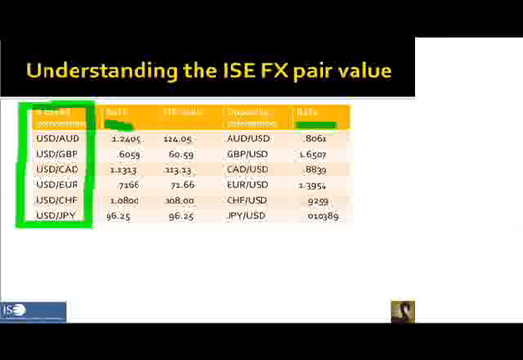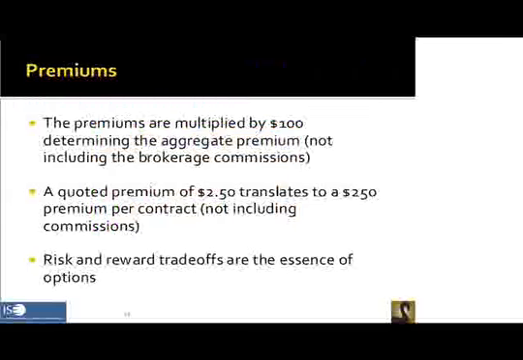124 is just about 80 cents Australian, so you could do that. British pound, 60.59 is 1.65. Very simple to understand one versus another. And of course, the Japanese yen is going to be familiar to all of you, and so is the Swiss franc and the Canadian dollar. Those are the 3 that are going to look very much alike. The premiums are multiplied by 100. So if you see a premium at the ISE that's $2.50,